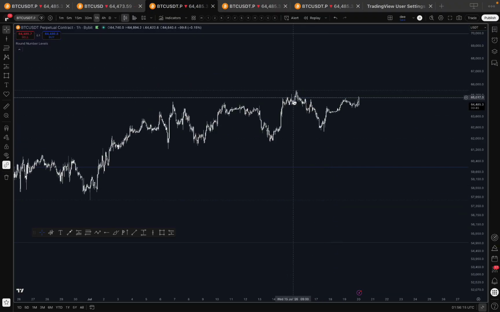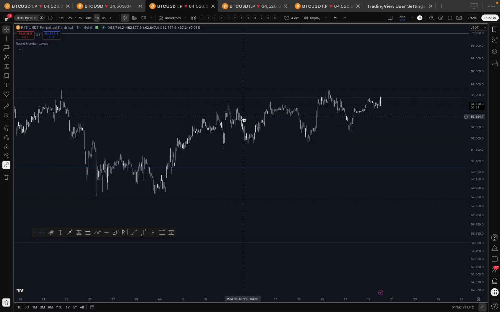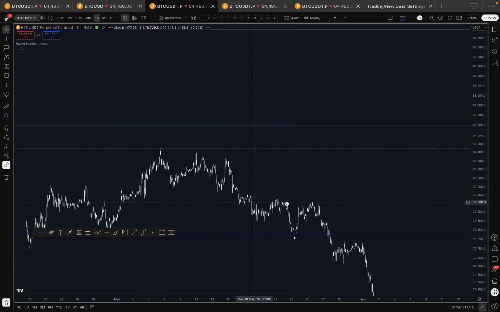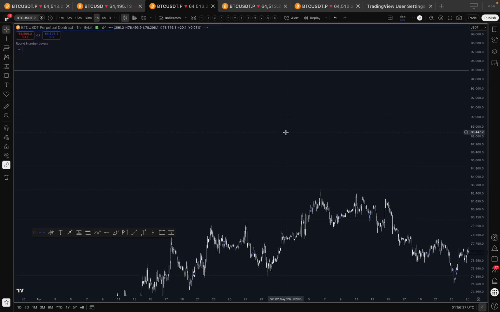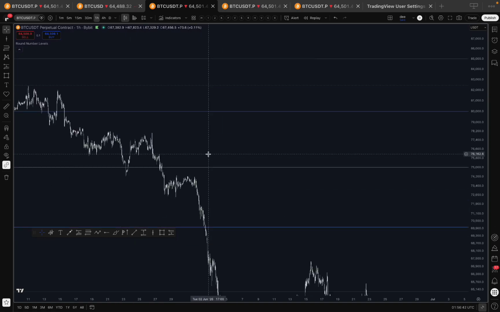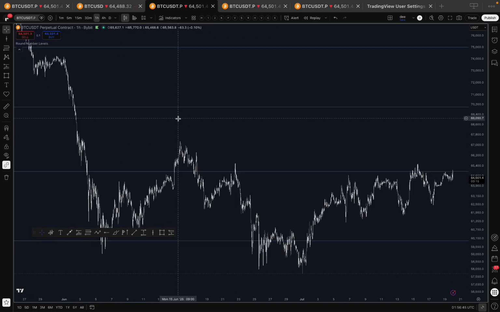Now we can see this reaction on this level. These levels are usually psychological levels. Now 60k is a round number level, which is more like a psychological level. So when the market is coming to 60k for the first time in a while, we're going to expect some reaction. Now let's just assume that Bitcoin goes back to the all-time high of like 100k. As soon as Bitcoin goes to 100k, we're likely going to see a reaction for the first time. That is, maybe traders are trying to buy more Bitcoin, or they are trying to take profit on their Bitcoin positions. So you usually spot liquidity at round numbers.